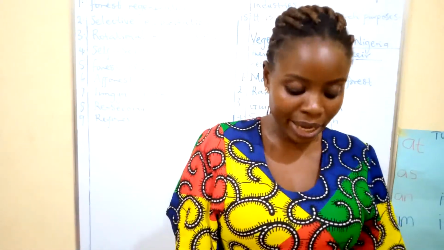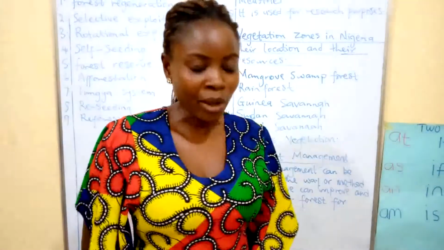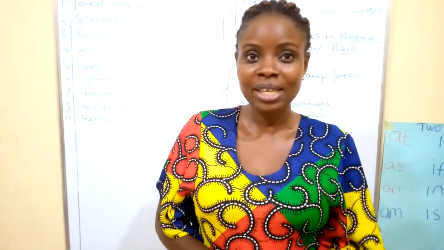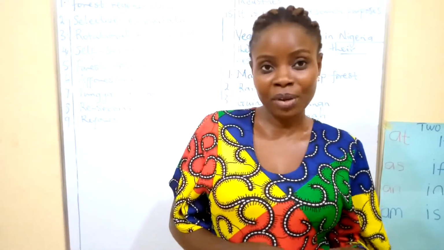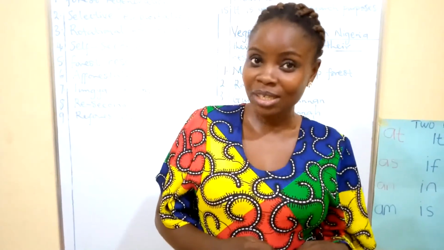Okay, the 4th one is farming activities. When forest land is to be used for crop production or grazing animals, the trees are cleared, thereby eliminating the forest. Now, in terms of farming activities, we can use the Tongia system just to preserve our forest instead of felling all the trees. Okay, I hope you understand all what I've said. It has been a very, very interesting topic.